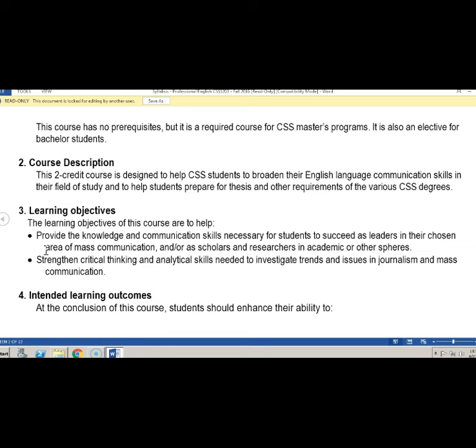But one of the things we talked about a lot in that experience was the difference between day-to-day English and academic English. They're two totally different things.